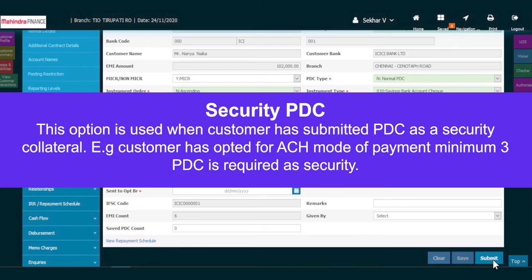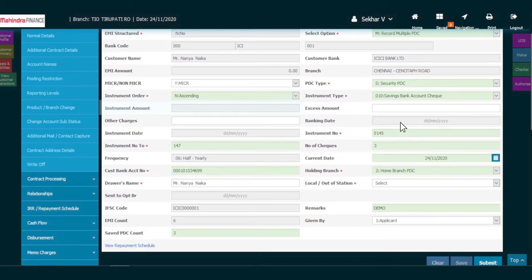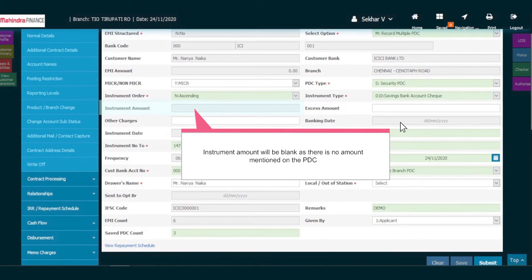Security PDC. This option is used when customer has submitted PDC as a security collateral. Example, customer has opted for ACH mode of payment, minimum 3 PDC is required as security. Here all the fields will be similar as for normal PDC. Instrument amount will be blank as there is no amount mentioned on the